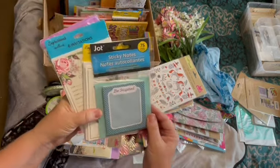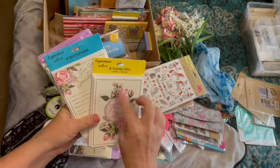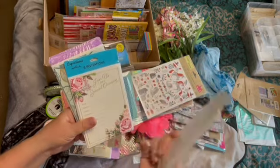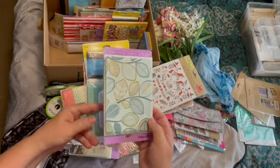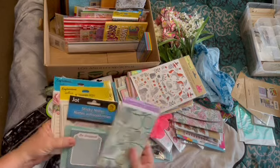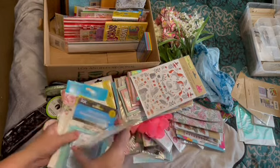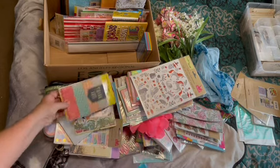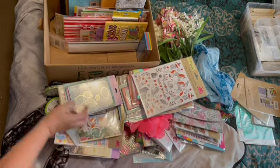So then also some sticky notes. This was beautiful. The thank you with the roses around it. And then this one also that matches. I have a couple of ideas of how to use those. And then these leaves. And these packages are having between 6 and 8. Some of them still have the 8 cards, but usually they are the 6. They've switched to 6 cards to a package. Okay,